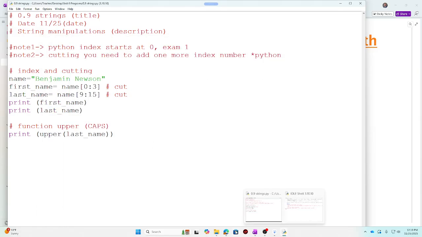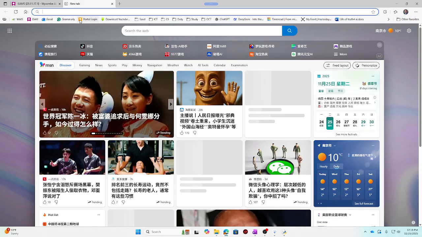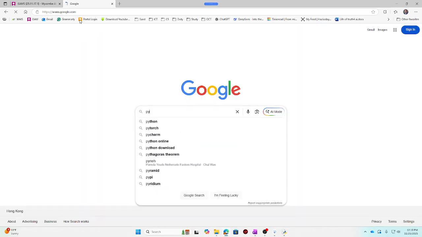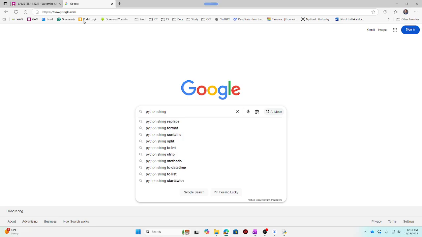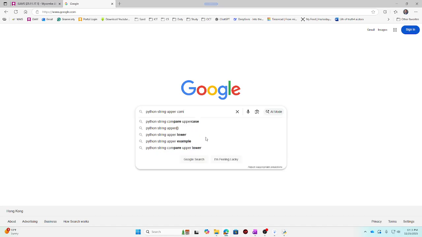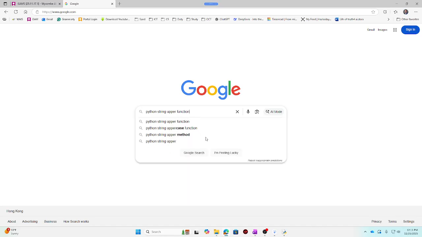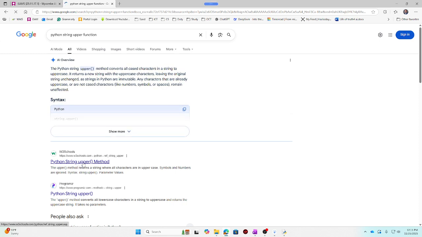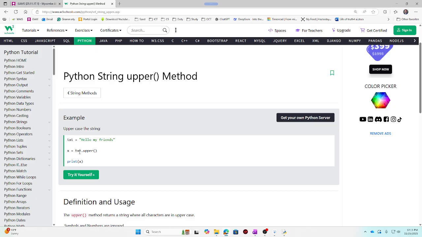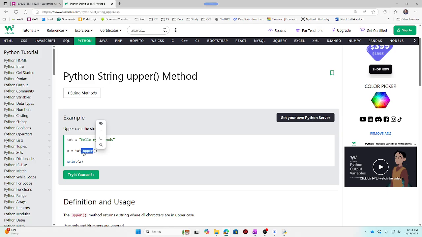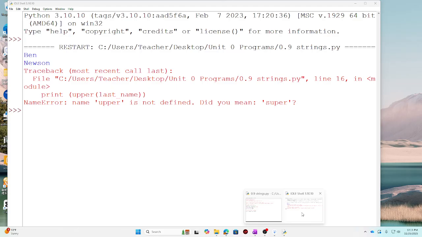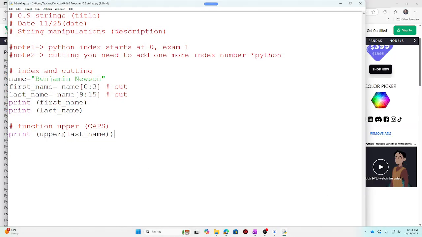So what we're going to do is we're going to go to the internet and we're going to type Python string upper command function, because there's actually a whole bunch of them in a list. Oh, okay. You put the text dot the function. Okay. So this is a dot function. Okay. So let's go back to the code. If you want to use a function, you have to use it within that. It's a native thing in Python.